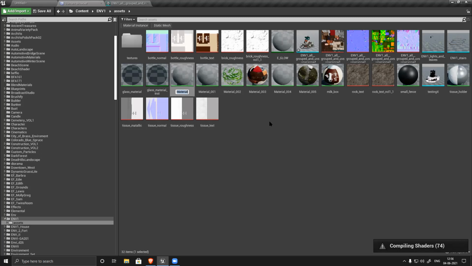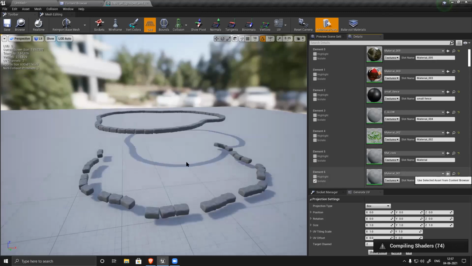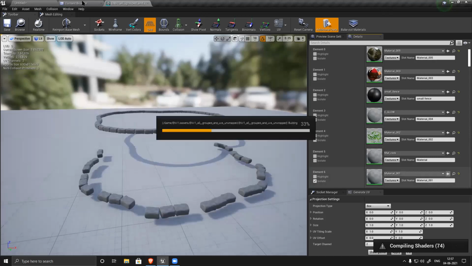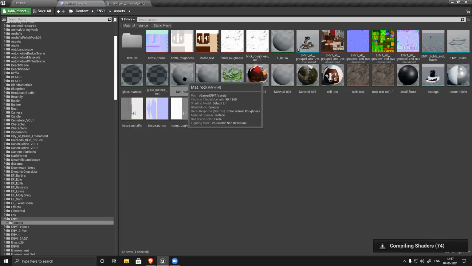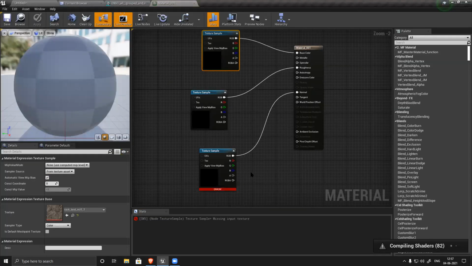How do we name it for material? MAT underscore rock. MAT means material. Always name it properly so it becomes easy for you to control. Select this, apply here. Sir, I am able to see that material here, but not able to see it there, on your screen. So I'm applying it. Yes, sir. This is also rock.